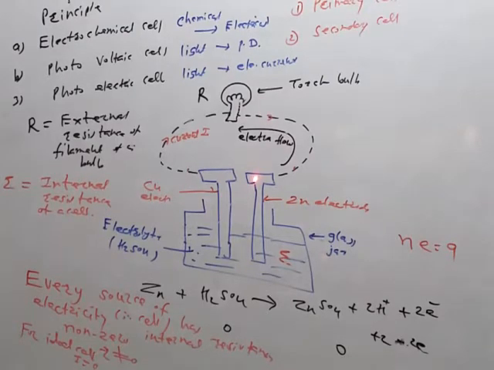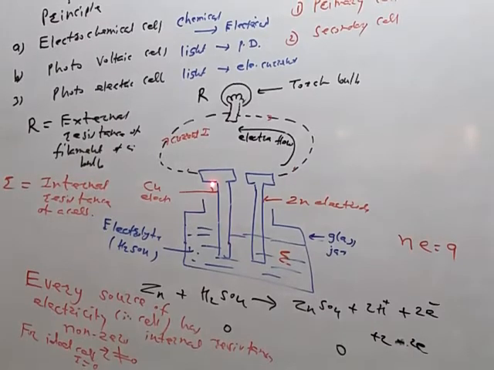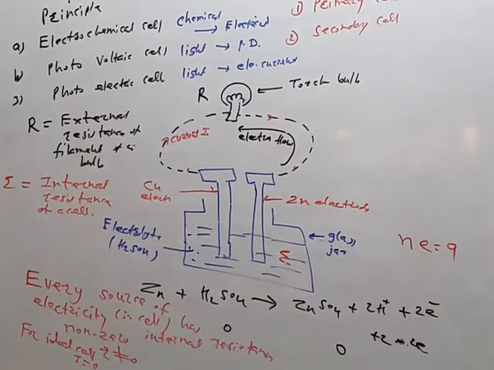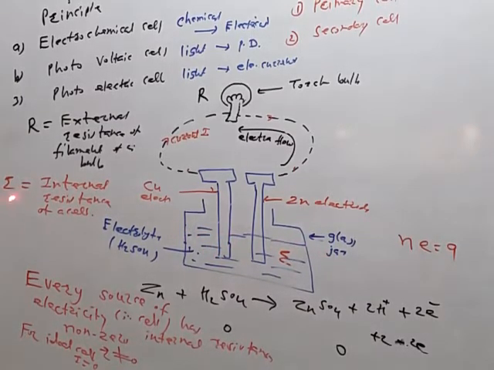So those electrons are supplied by the negative terminal. They flow through the bulb and then return to the cell. So this is the flow of the electron like this. When this electron flows through this closed path, the filament of the bulb provides some resistance. It is called the external resistance of the filament of the bulb. And second, when the electron circulates through this cell, the material of the cell provides some opposition, but this opposition is inside the cell between the positive and negative terminal of the cell, and therefore it is called the internal resistance.